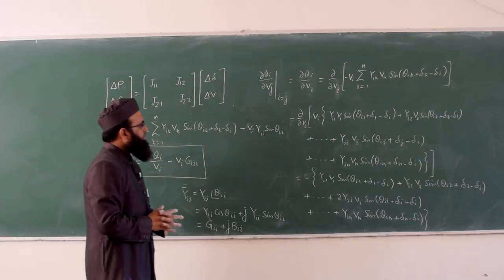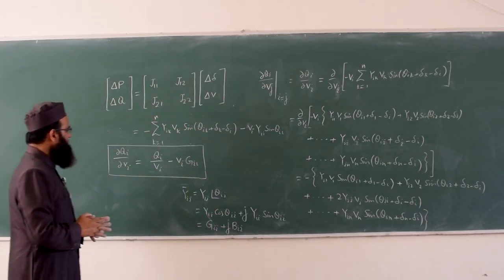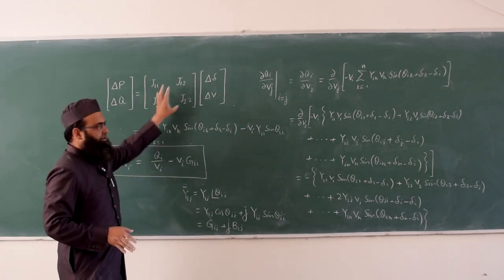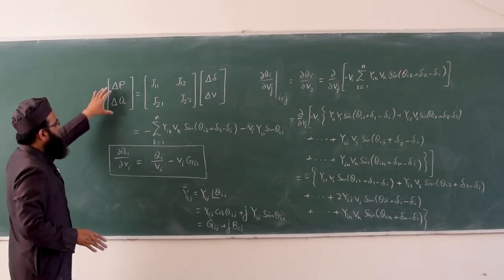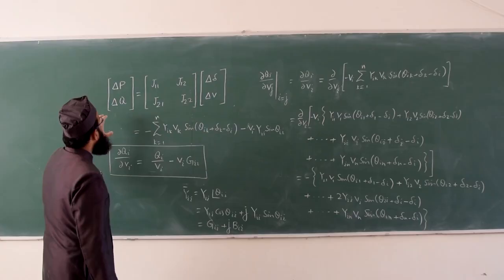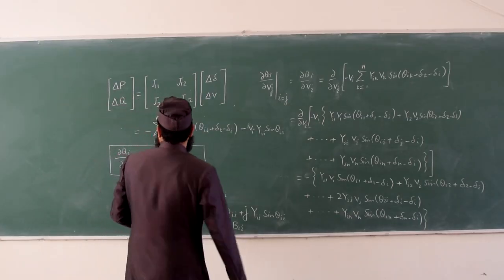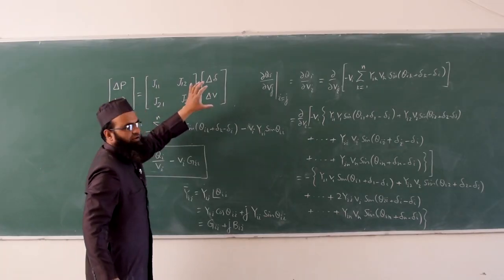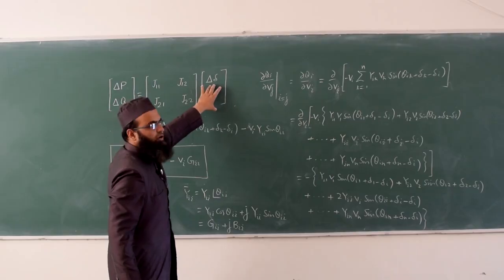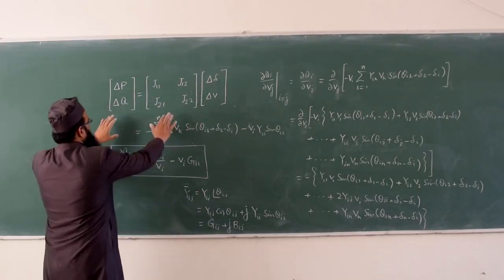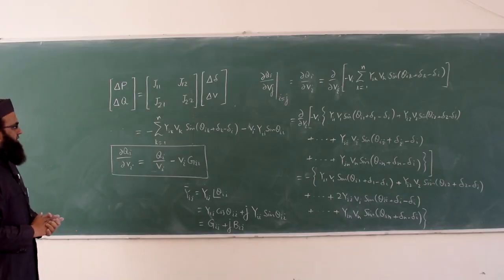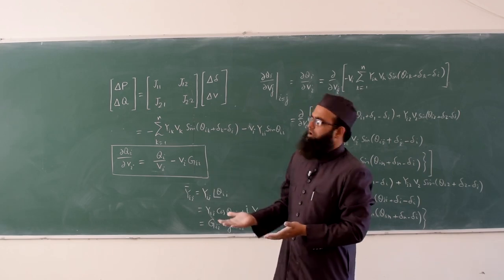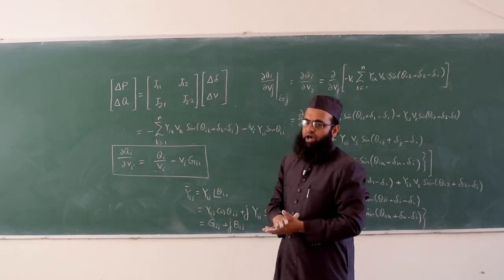Seems to be lengthy, but it is very easy. The main problem is the calculation of Jacobian matrices here. Calculation of specified quantities, changes in specified quantities is not so tough. So, once these two matrices are known, we can evaluate this correction matrix. We can say this column matrix is the correction matrix in terms of these two now known matrices. Once these corrections are known, we can update in each iteration: calculate the unknowns, corrections, and update with the